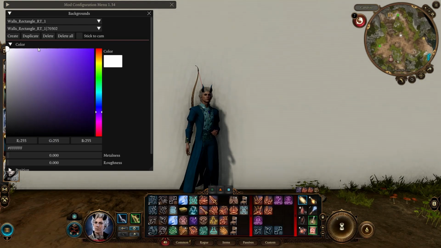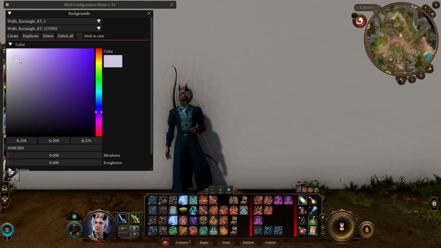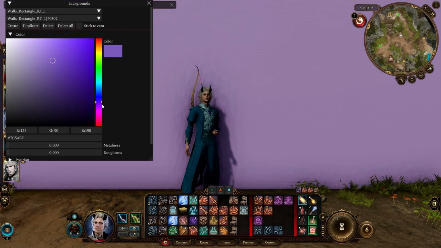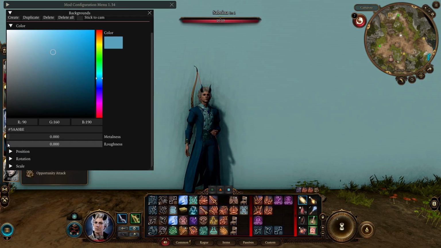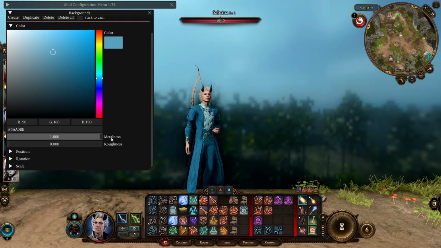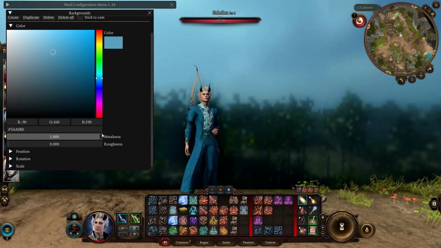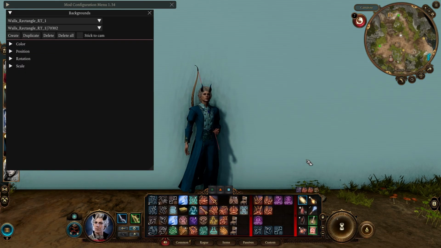Good. Okay, but if you say white is too boring for you, here is everything. You can go into every possible shade there. Okay? You can even adjust the roughness and the metalness. So it's nearly like a mirror. You can have cool effects with that. Okay, once you selected the color, I mean, this is already a nice background now,